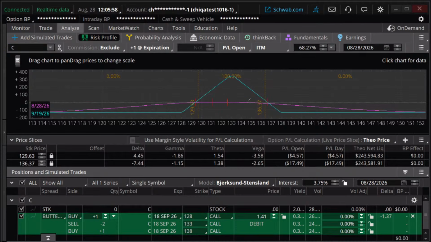Okay, and just another point, I want to look at this graph. I'm going to zoom into this graph in just a little bit, but it's a positive theta trade, as most neutralish trades are. This is a negative vega trade, kind of like an iron condor in that regard. But that's kind of what it looks like.